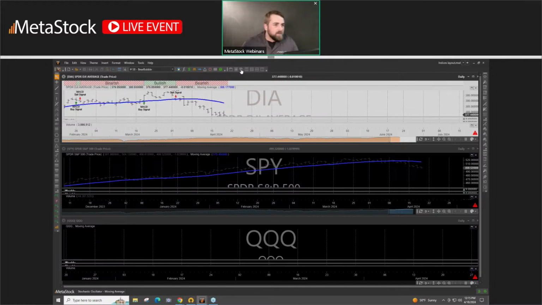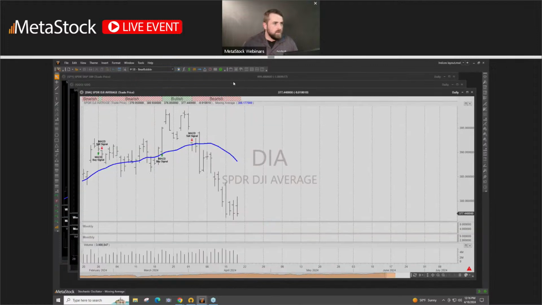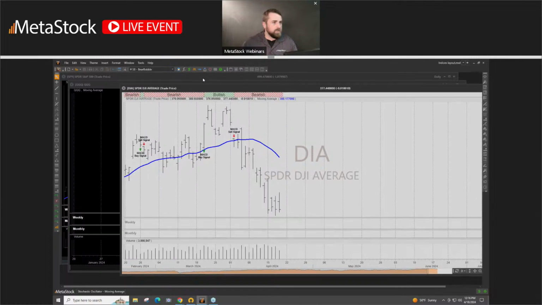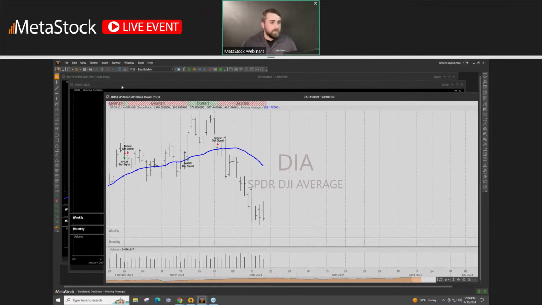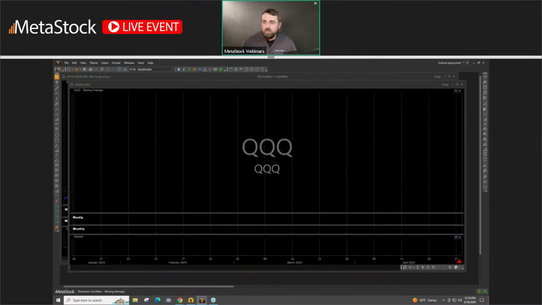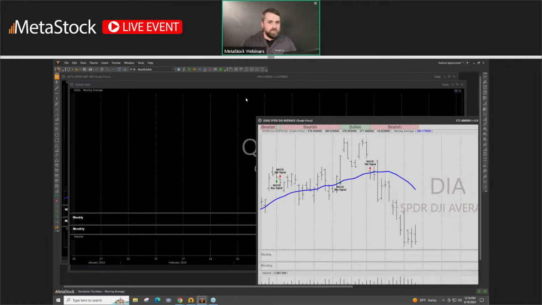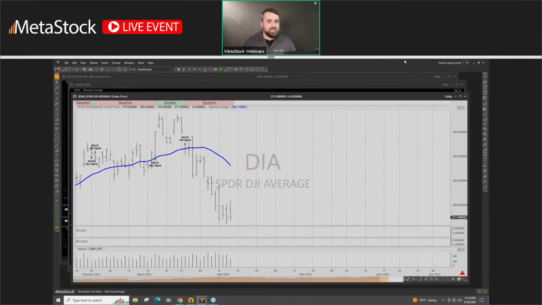So let me show you guys if I was to put these into a cascade. I can just grab them and move them around and pull them onto another screen as well inside of the different layouts. And you'll notice when I'm in a specific layout, it does have the indices listed right here.